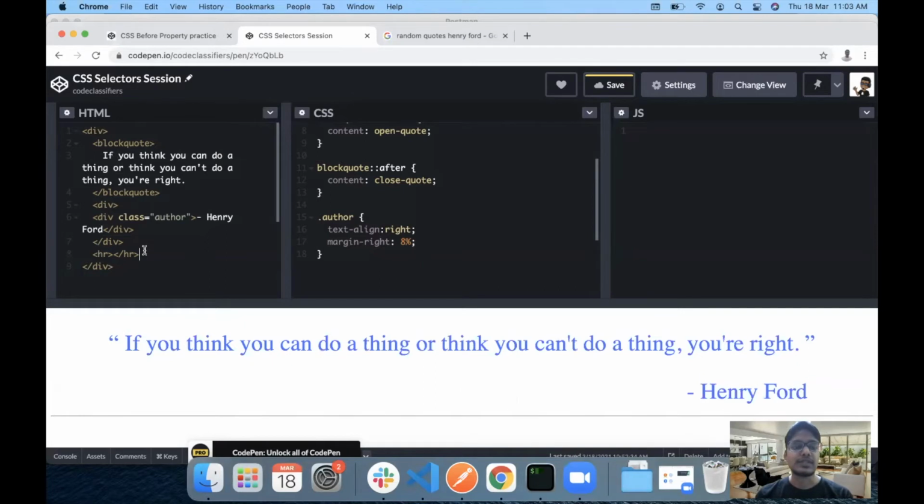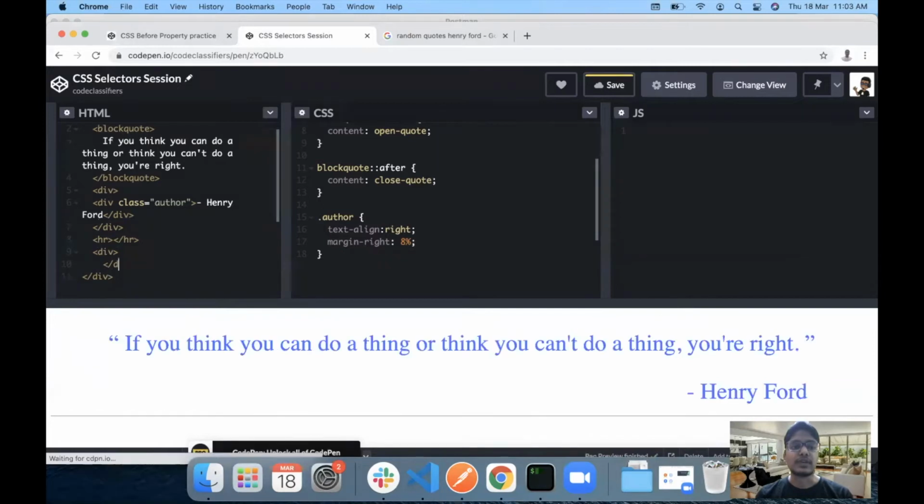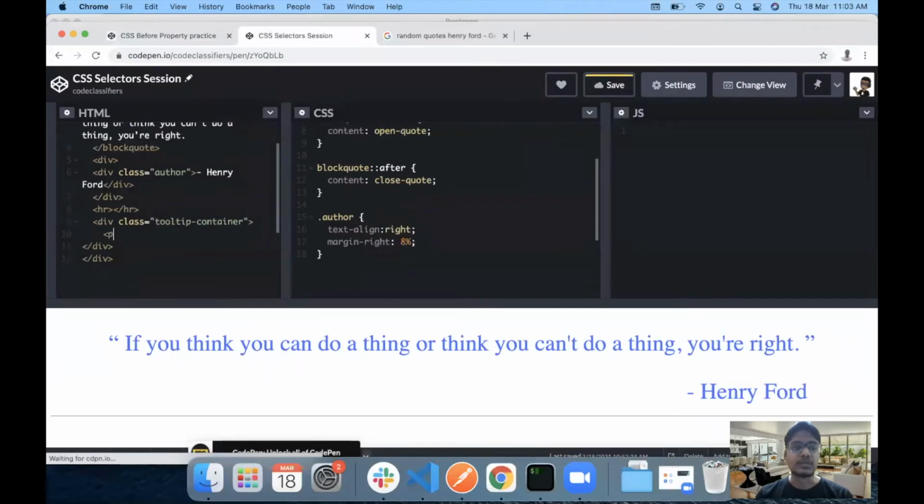Next thing which we can do is focus on our next div, in which we are going to add some text. So I have added a div here. Let's give it a class, let's say tooltip-container. Once I have my div ready, I can add some random text. So let's have a p tag. Now one shortcut which you can use is type lorem, and I hope 10 also works. So if you type lorem 10 and hit tab, random text of 10 words will get added into your CodePen.